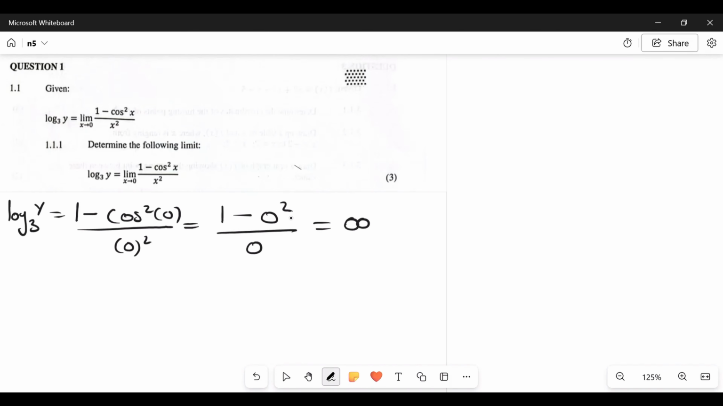So if this gives us infinity, we can use L'Hopital's method because we also have the fraction here and the direct substitution gives us infinity. So these two criteria actually allow us to use L'Hopital's method. With L'Hopital's method, you first have to derive all the terms on the numerator and the terms on the denominator. Let's start. We're going to have log base 3 y,